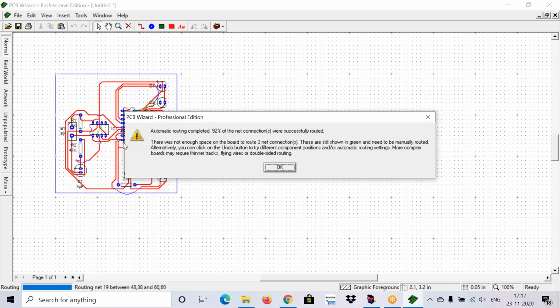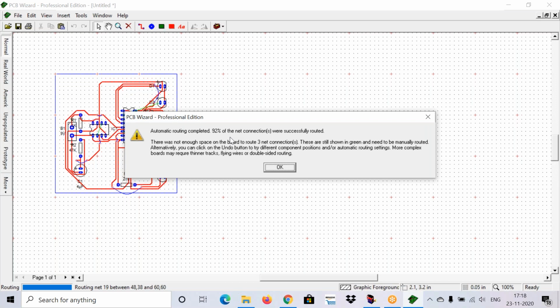After completion you will get a message like this: auto routing completed, only 92%. Even 92% is wrong, because it will not give you a 92% output. For large circuits, the auto router will not give you the perfect output, and we should never use the auto router for routing our circuits.